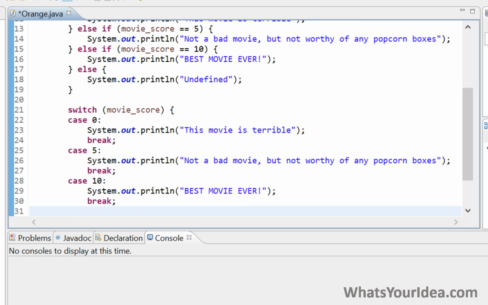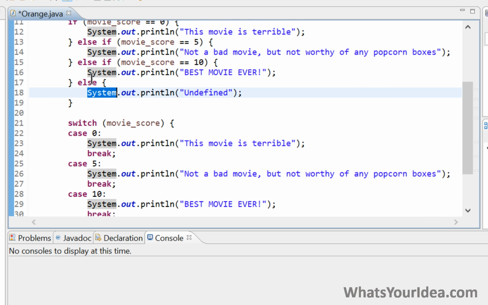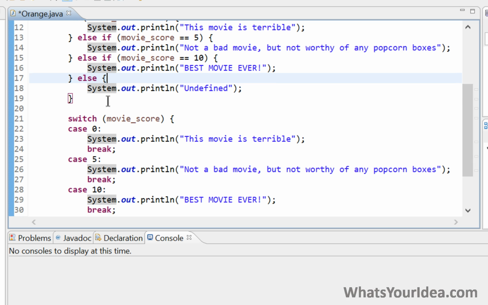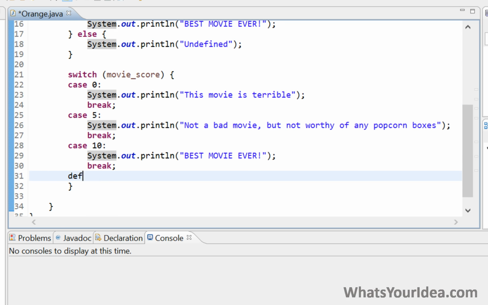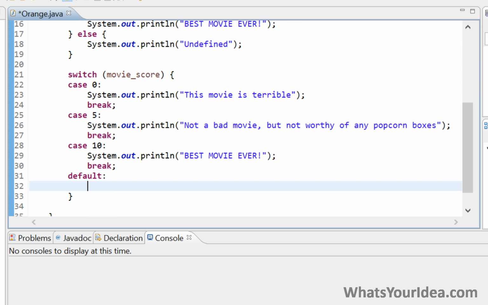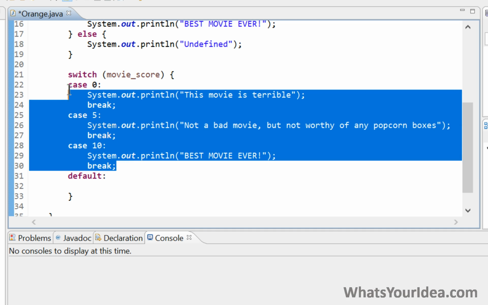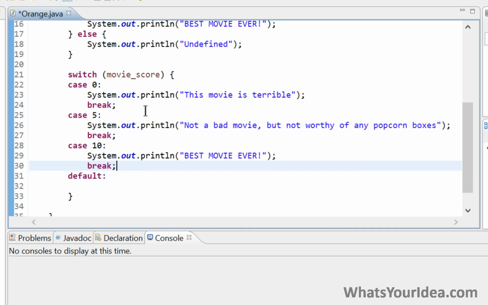And finally, the else part. The else part is a little special because you don't use an else, you use a default. A default is run whenever other cases fail. If movie score is not equal to 5 or 10, then the default code will be run. So we can just,